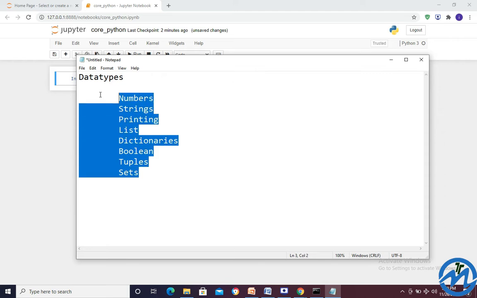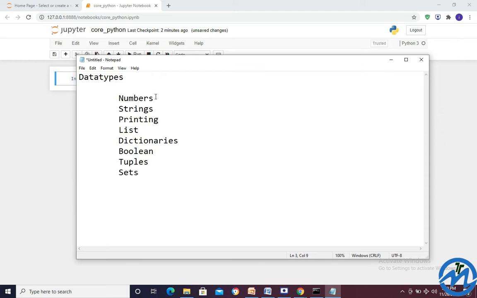These data types we have. What is the meaning of number? Number is nothing but 1, 2, 3, 4 and so on. What is the meaning of a string? A string is nothing but data inside quotes, either double quote or single quote, in this manner.